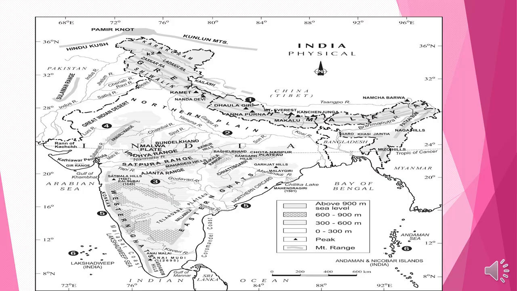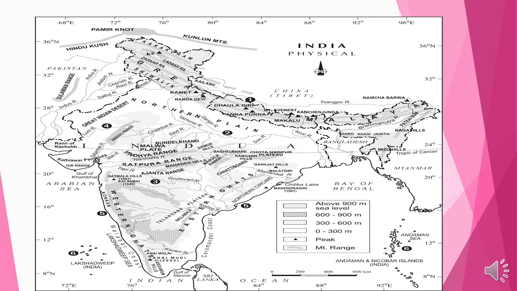1501 meters. After that, the coastal plain areas lie near the Arabian Sea. The area lying between the Western Ghat and the Arabian Sea is called the western coastal plain, and the area lying between the Eastern Ghat and the Bay of Bengal is called the eastern coastal plain. The western coastal plain is divided into three sections: Konkan, Kannada and Malabar coast, and the eastern coastal plain is divided into two sections: Northern Sirkar and Coromandel coast.